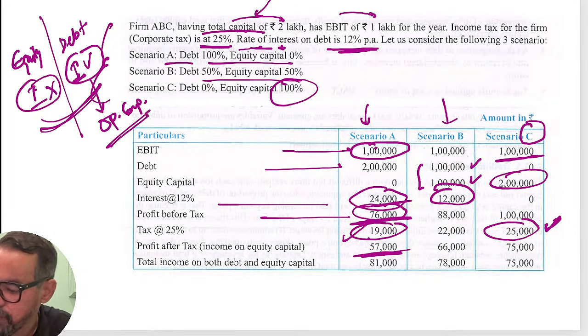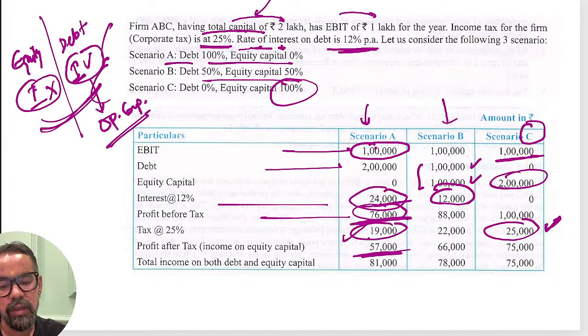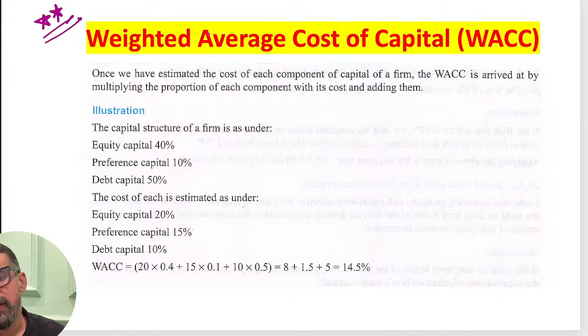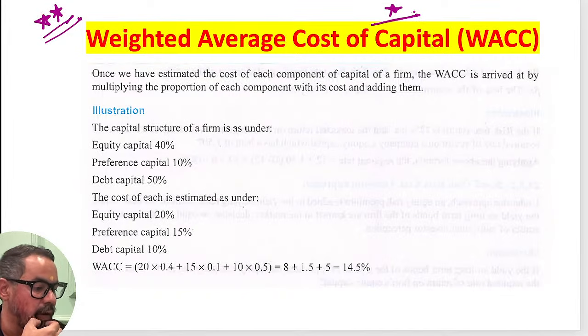Anything else, guys? Understanding conceptually or fundamentally is very, very important. If you skip the fundamentals of these areas, it will be a big challenge for the examination. Now, weighted average cost of capital is very simple and gets asked every time, so you have to focus on this.